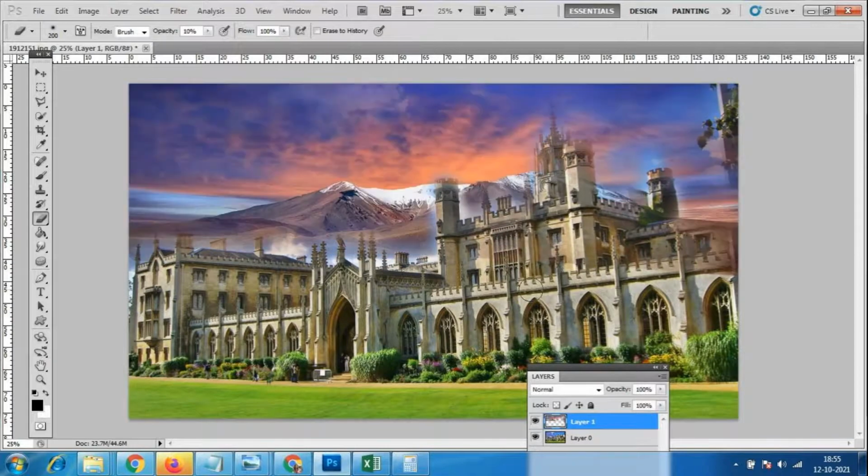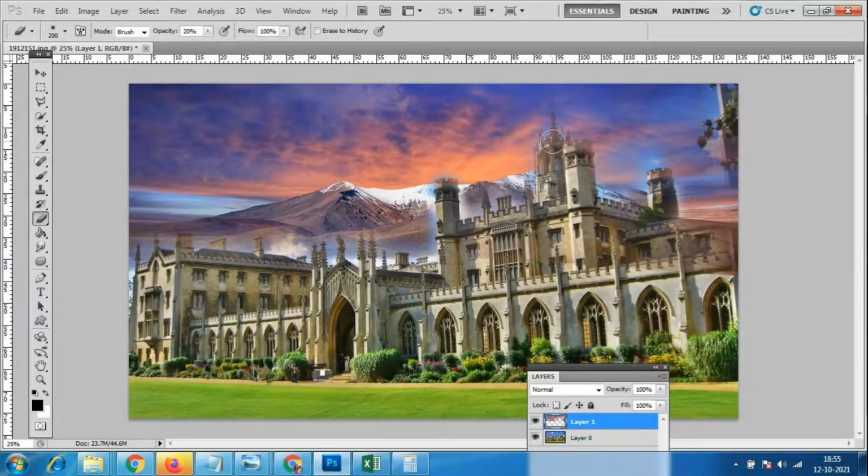Otherwise, what I'll do, I'll just reduce the eraser tool opacity. If I want, I'll set 20%. See, with a higher opacity the sharp result comes fast, so we get a very fast output.